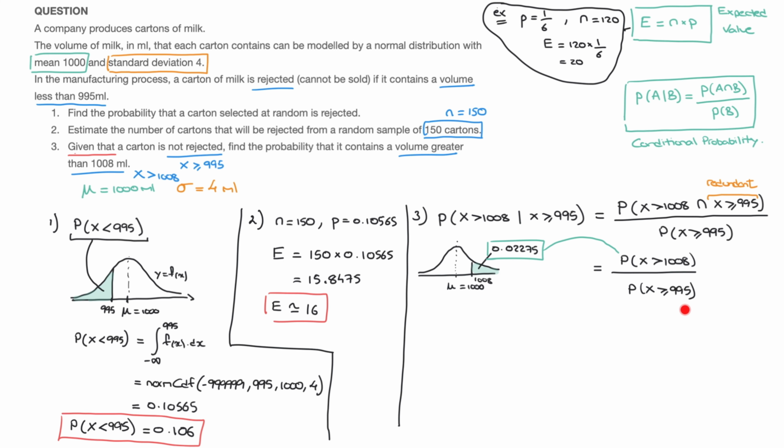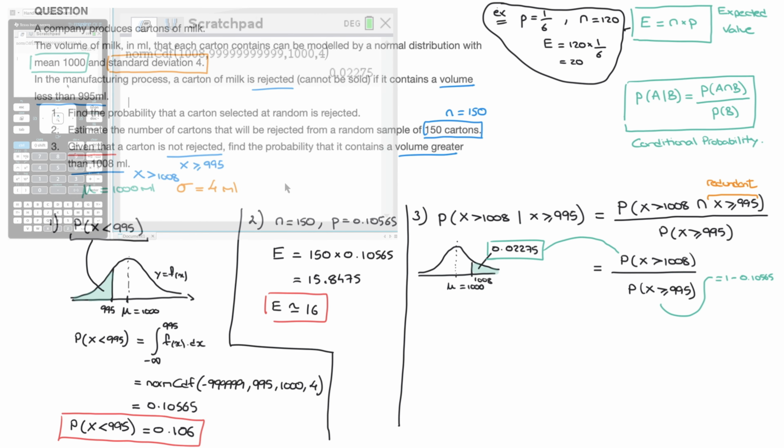Finally, we need to calculate the probability on this denominator here, the probability that X be greater than or equal to 995. And since we already know the probability that X be less than 995, remember, that's what we calculated in part 1 of this exercise, we can use the fact that these two events, X being greater than or equal to 995 and X being less than 995, are complements of each other. And so the probability that we have on the denominator here corresponds to the white area we have underneath this first bell curve. And its value, well, it's 1 minus the green area we have here. In other words, it's 1 minus 0.10565. And in fact, I'll write that on the side here. This area will equal to 1 minus